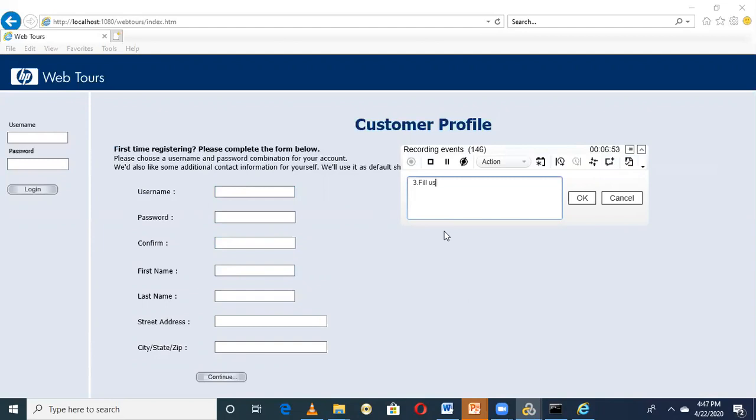So our third step is fill user profile and click on continue. Again we need to start the transaction here.